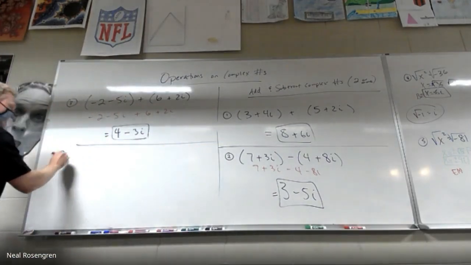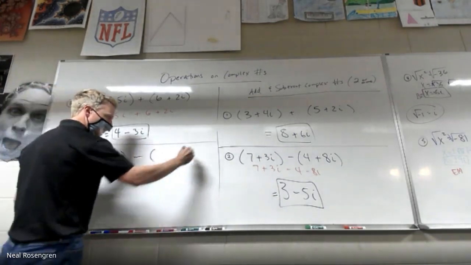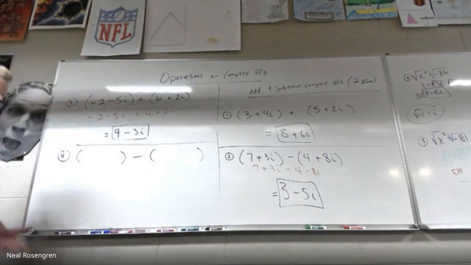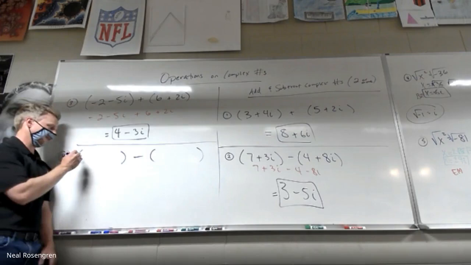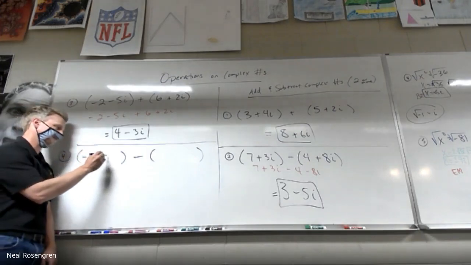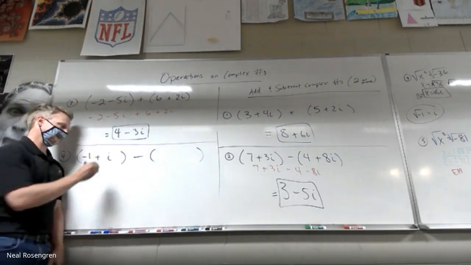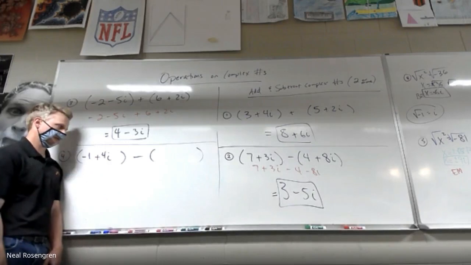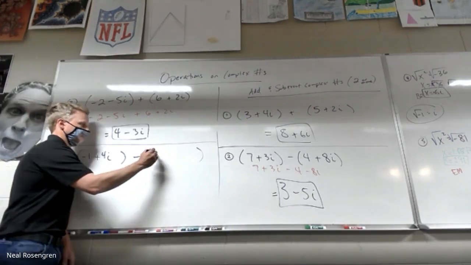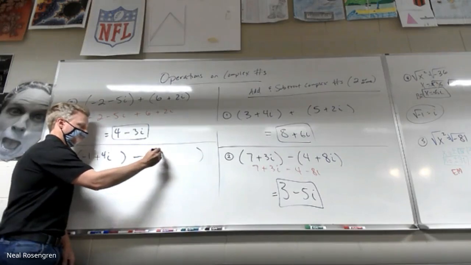The last one will be the toughest one. Two complex numbers being subtracted, and there's negatives kind of all over the place. Negative 1 plus 4i minus 5